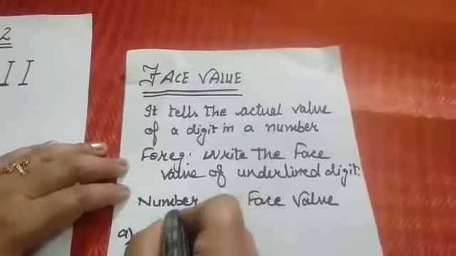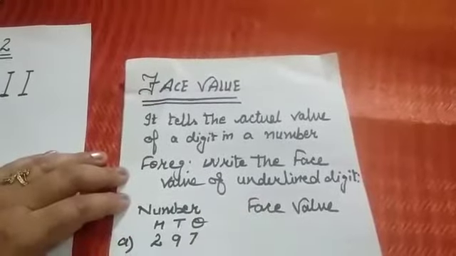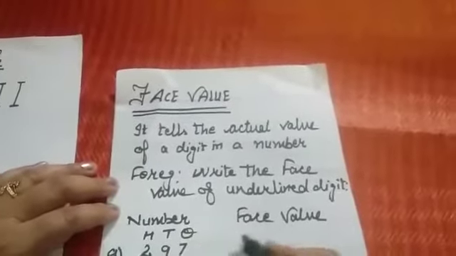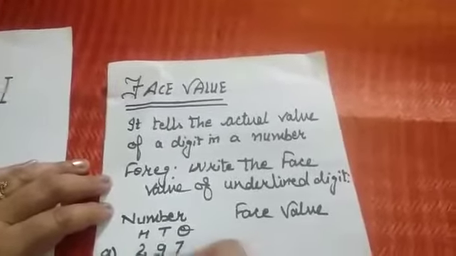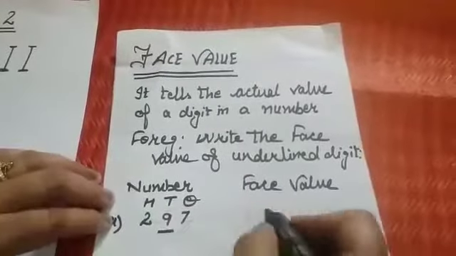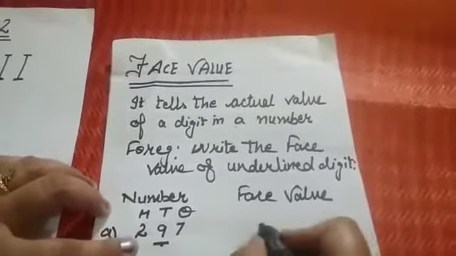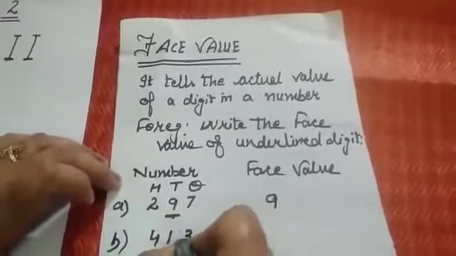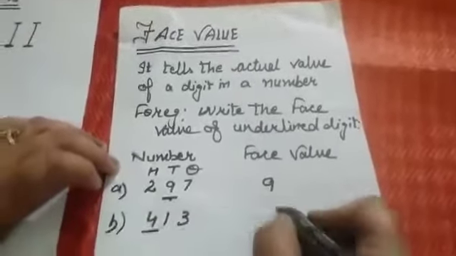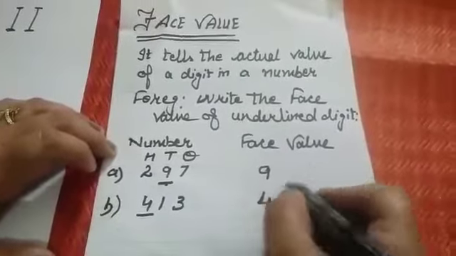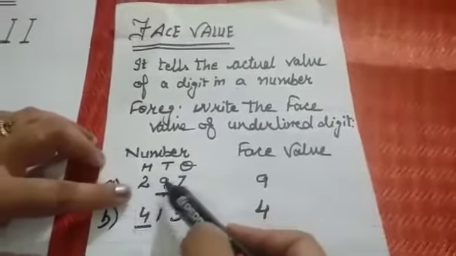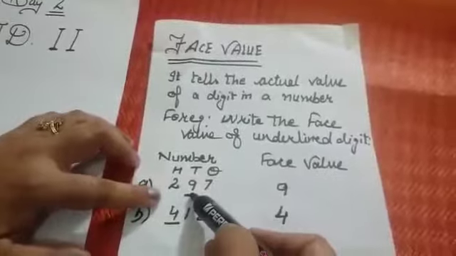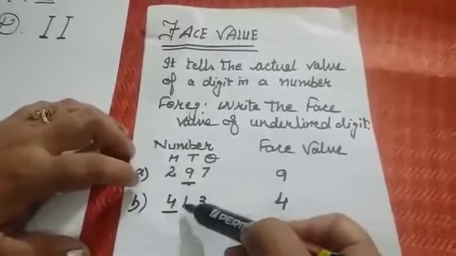297. Write the places on the top, but we have to tell the face value. So face value means actual value. So 9 की actual value क्या होगी? 9. 4 जो underline किया उसकी value क्या होगी? 4. So in 297, 9's face value is 9. 413 में